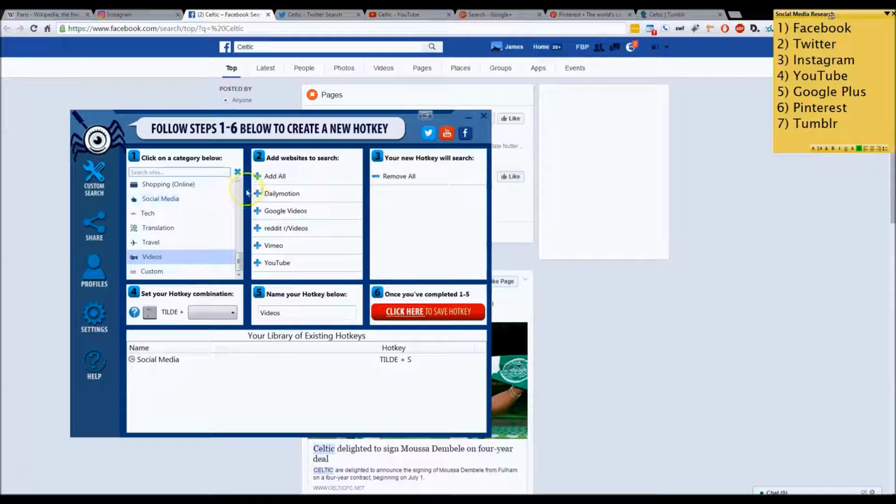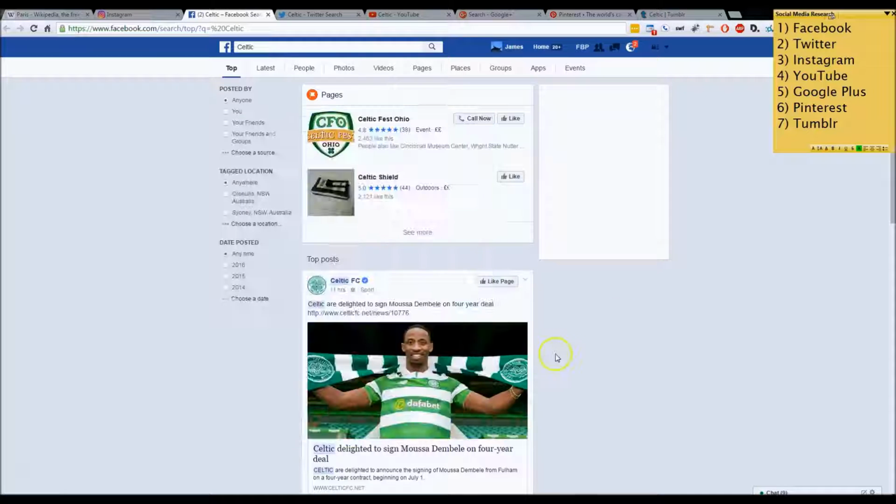Let's create a hotkey for videos. Let's say that I want to search any text that I highlight on YouTube, Reddit, and Dailymotion. I'm going to select ~V as my hotkey, click to save. Now that took around 5 seconds to set that up. Now highlight some text and press ~V. And I'm going to highlight, let's